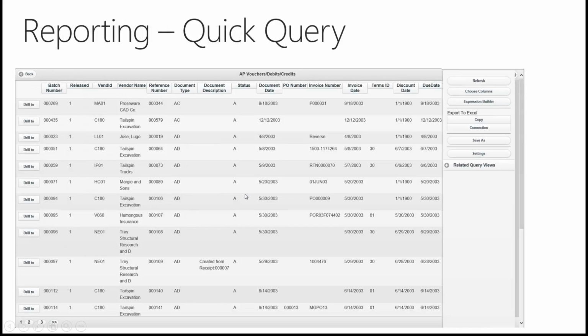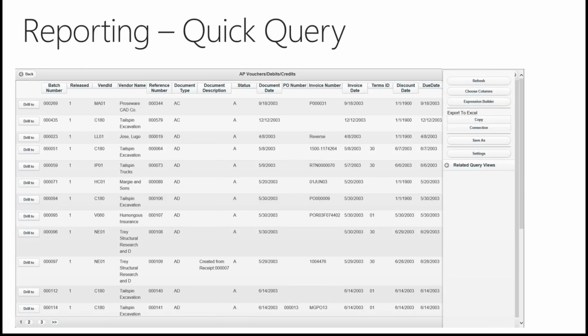Now, those of you who are already on SL 2011 are familiar with Quick Query. For those of you who are not on 2011, let me explain what Quick Query is. Quick Query is simply a collection of views that were created that contain information that you need for ad hoc type reporting. An example would be one for AP documents. You can open that Quick Query up and it will show you all AP documents, and then you can very easily filter that query to give you